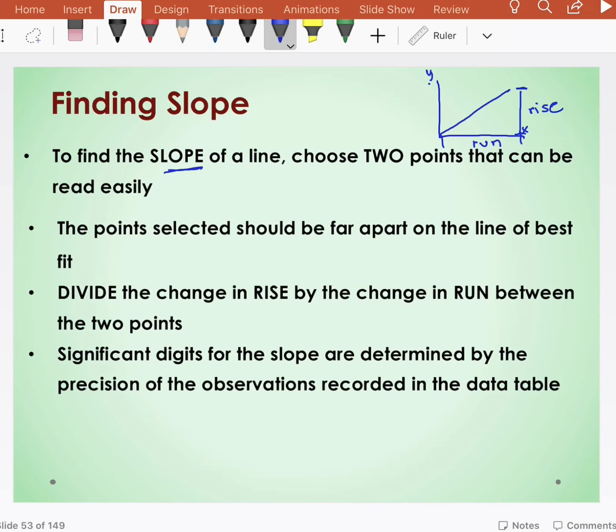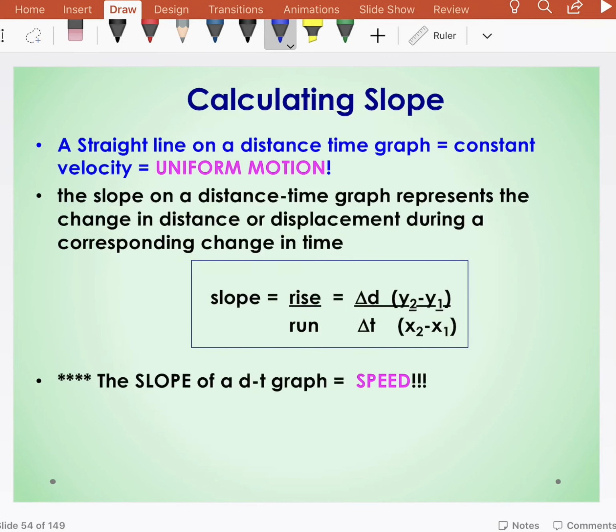Okay, that is slope. Now to calculate it, you should really choose 2 points that can be read easily on your graph, and those points should be relatively far apart. So you don't necessarily want to choose 2 side by side. And then it's about a formula, dividing rise by run. So this is the formula here. Slope is equal to rise divided by run, which in this particular case, if I have distance over time,